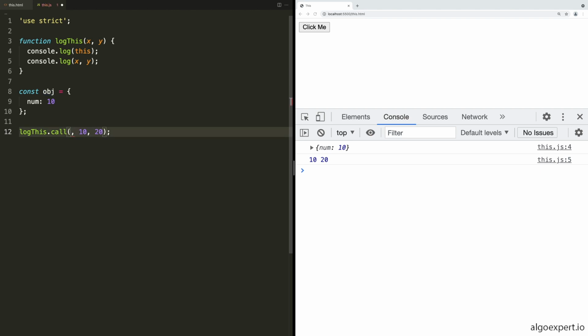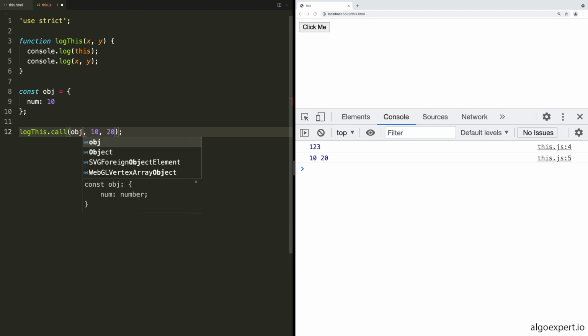For example, if I passed in the number 123, then 123 is now bound to this. That said, this is a bit of an anti-pattern, and the behavior can be a bit strange in some cases since we usually expect this to be an object. For example, in non-strict mode, this number, and any primitive for that matter, would be converted into a wrapper object. And similarly, null and undefined would be converted back into the global window object. So anyways, let's switch back to obj,